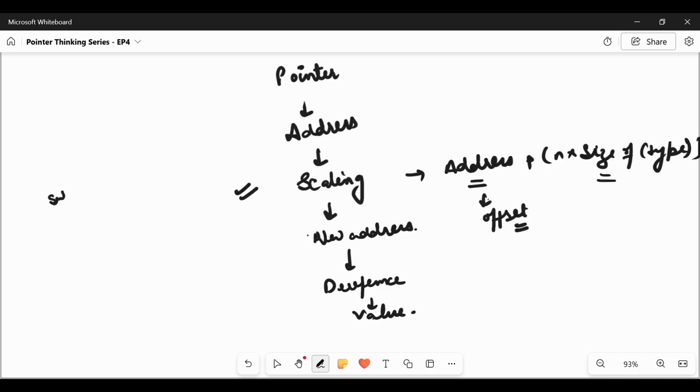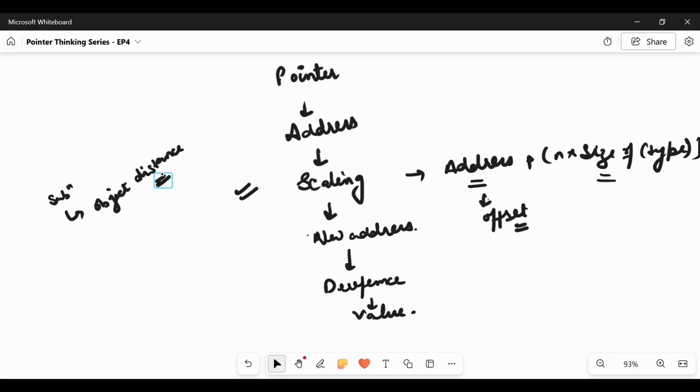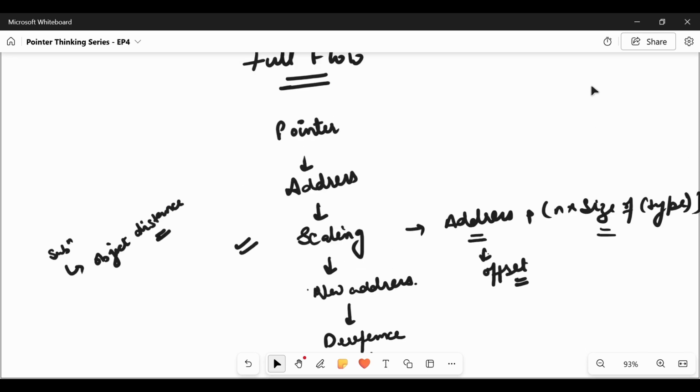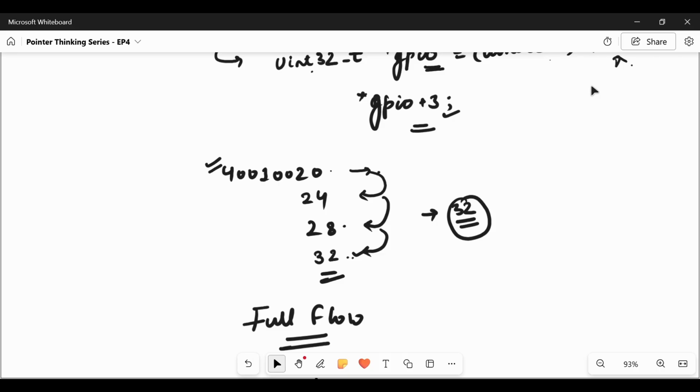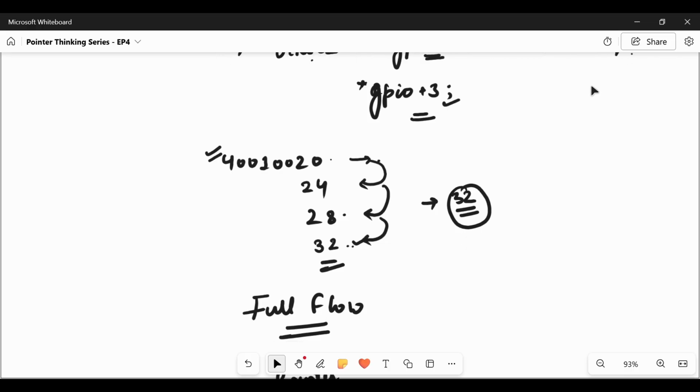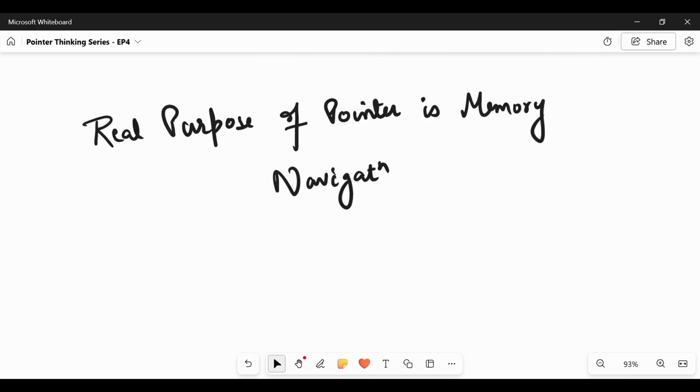In subtraction, we will always get object distance. We should also take care of errors that happen with pointers, such as out of bound errors. What is the real purpose and real use of pointers? Memory navigation is the real purpose of pointers.